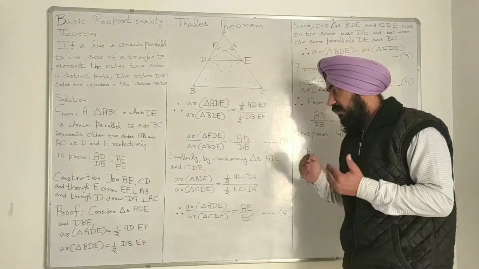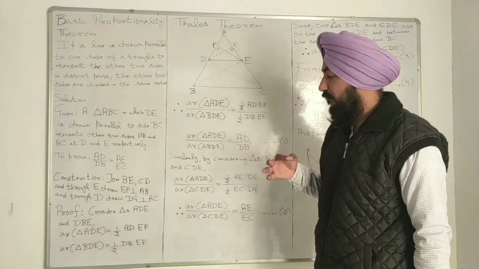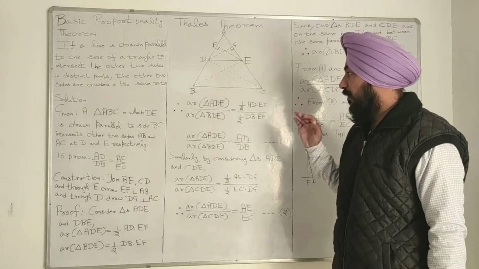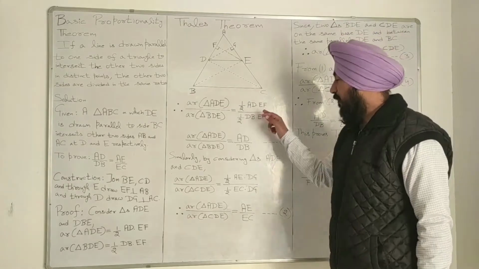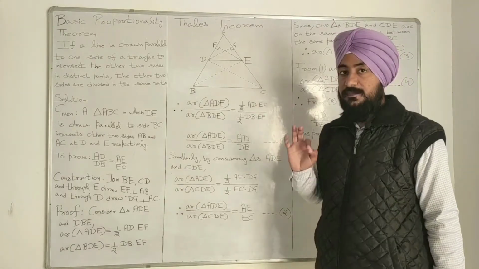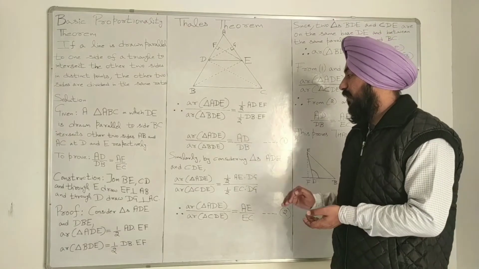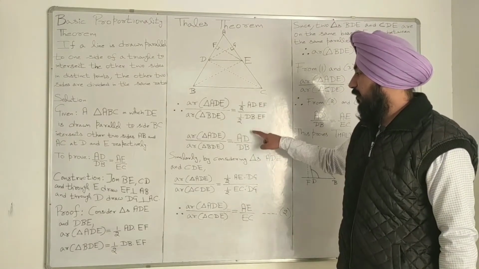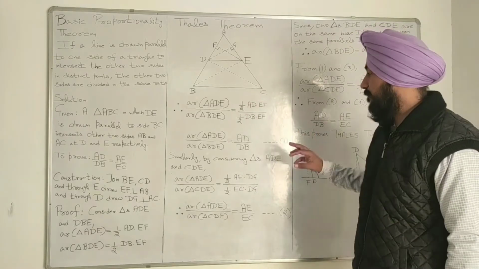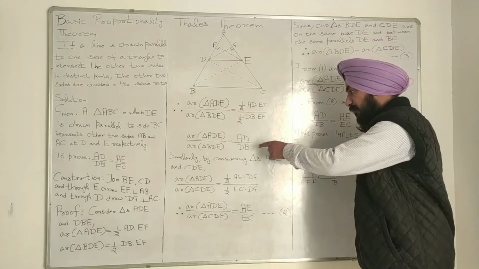Now students, we have found the area of triangle ADE and area of triangle BDE. Now we will take the ratio of these two areas. So taking the ratio, area of triangle ADE in the numerator and area of triangle BDE in the denominator is equal to 1 by 2 AD multiplied by EF upon 1 by 2 DB multiplied by EF. So this 1 by 2 will be cut with this 1 by 2 and this EF will be cut with this EF. Now area of triangle ADE upon area of triangle BDE is equal to AD in the numerator and DB in the denominator. So area of triangle ADE upon area of triangle BDE is equal to AD upon DB. Name this as equation number 1.